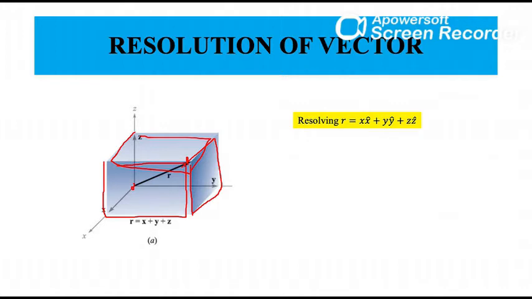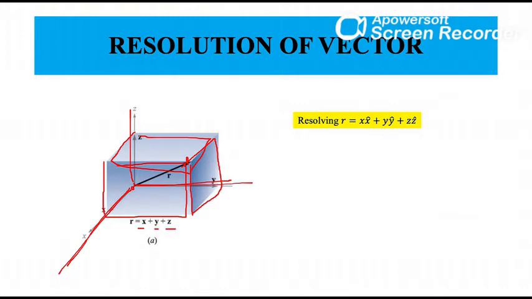Remember, resolving a vector means you take a vector and then look at the component of the vector along the x direction, along the y direction, if you are working in 2 dimensions. Now there is no reason why we can't do this for the 3-dimensional case. So you can take a vector and look at its components along the x-axis, along the y-axis, and along the z-axis. So you can actually resolve a vector into 3 components, x, y, and z. So that is precisely what we are going to do.